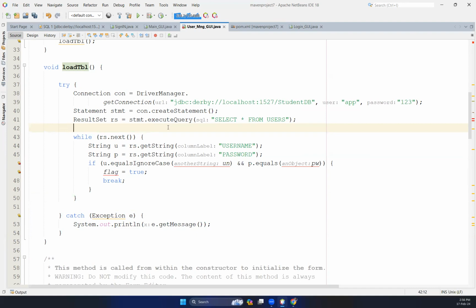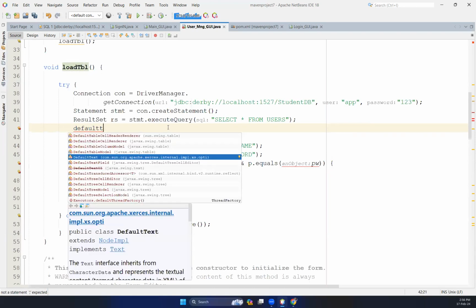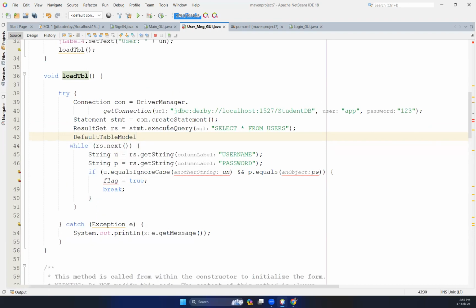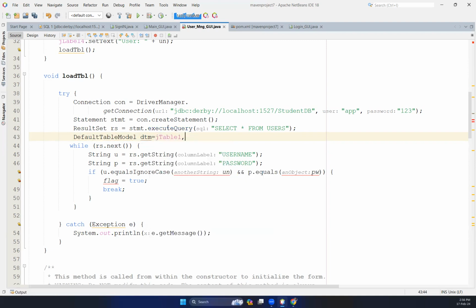And then we need to have a default table model this time. A default table model. Default table model equals JTable1 dot get model. Now we have to convert that, cast that into default table model. Right. Then we have done that part. Thereafter,